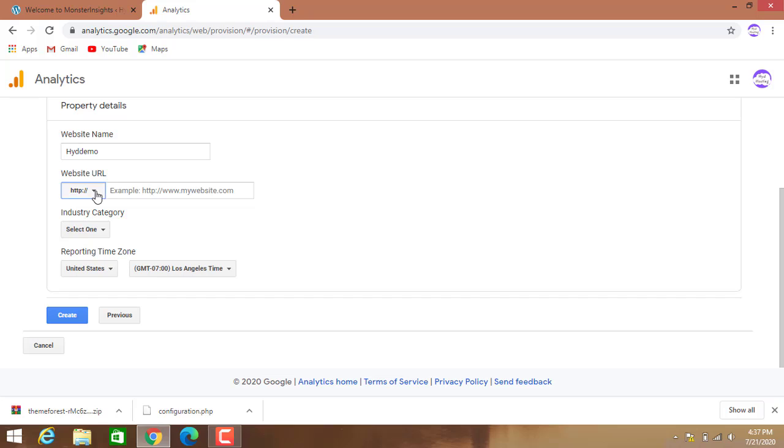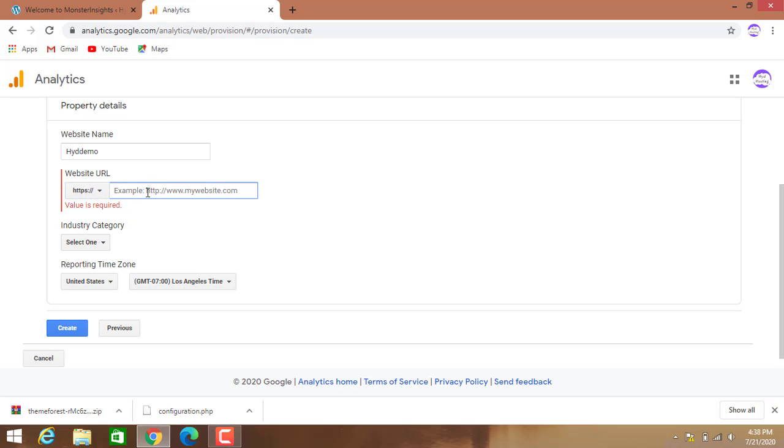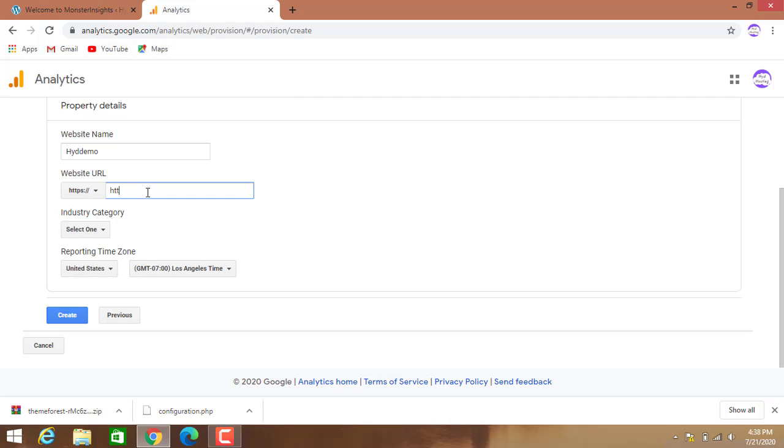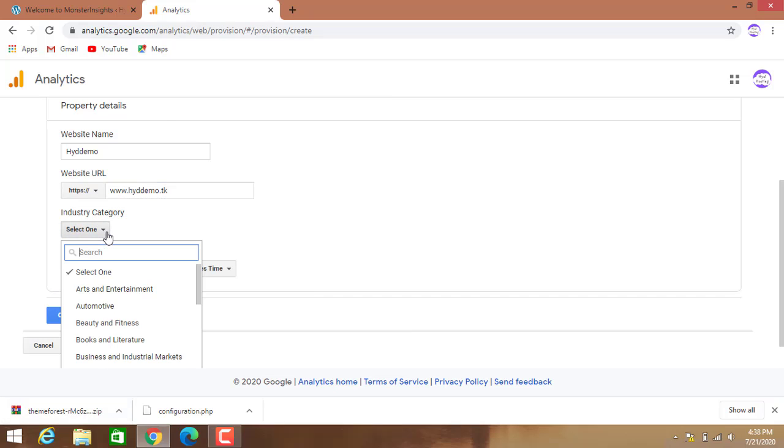Then you give your URL with HTTPS. HYD demo.xyz. Okay. Select the industry.